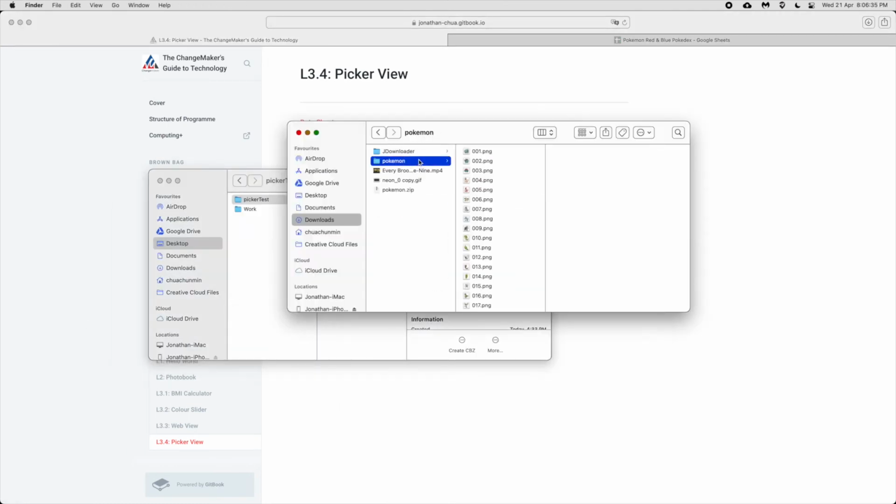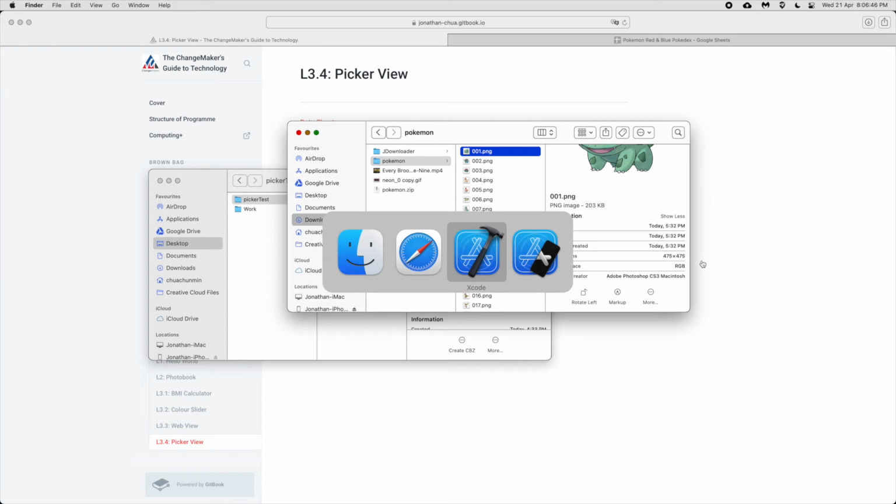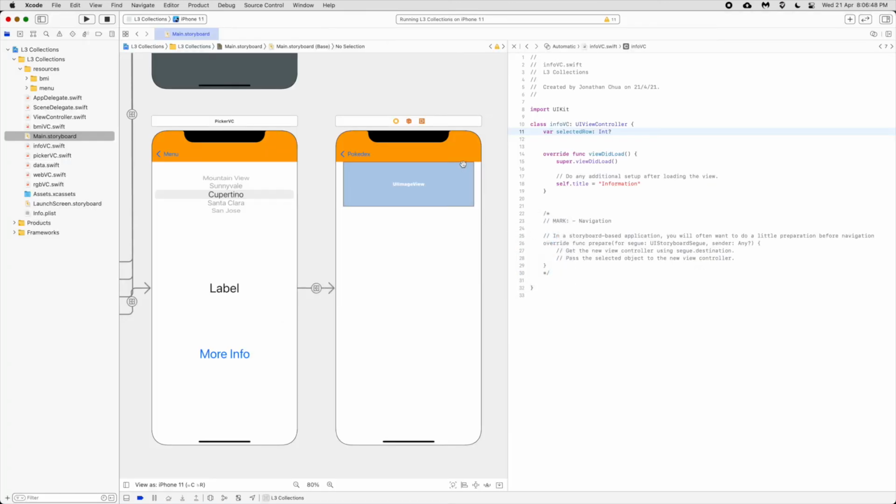It's here. Okay, so one will be the power saw. Okay, so it's a square shape. Okay, so this is a square, 475. So what we are going to do is we are going to